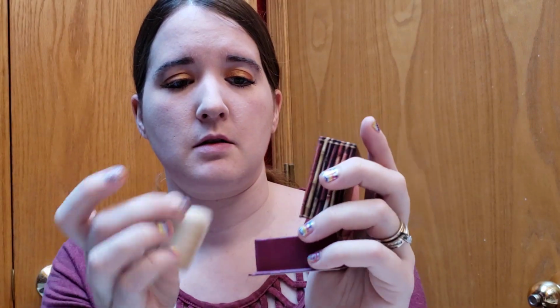Then I got this as a gift. I'm trying to think. I think my brother-in-law's girlfriend gave me this for Christmas, if I remember right. Yeah, I think she did. So this Hoola by Benefit powder comes in this cute little box and comes with this little brush. How cute is that? This is kind of a bronzer,